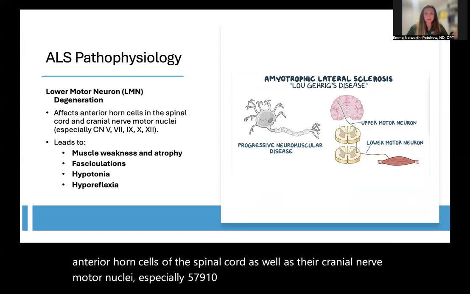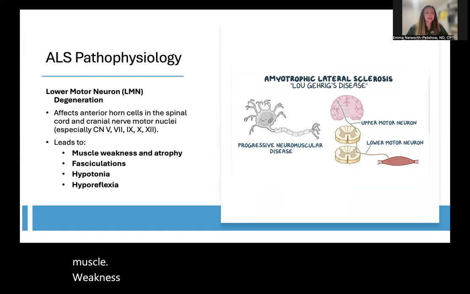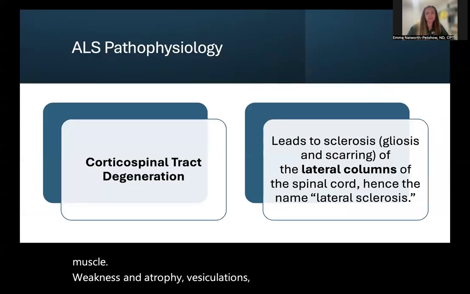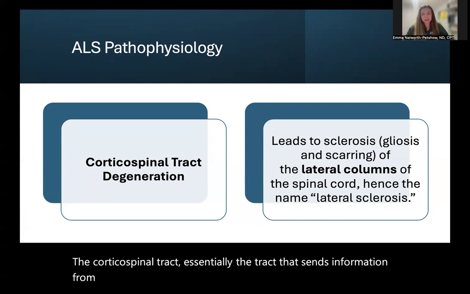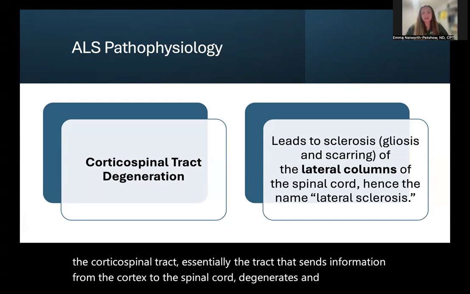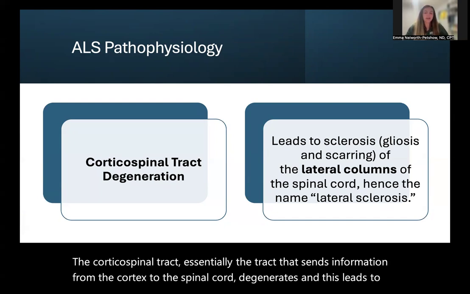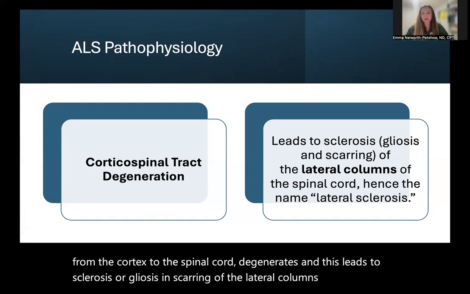This leads to facial muscle weakness and atrophy, fasciculations, hypotonia, and hyporeflexia. The corticospinal tract, essentially the tract that sends information from the cortex to the spinal cord, degenerates. And this leads to sclerosis, or gliosis and scarring, of the lateral columns of the spinal cord, which is why